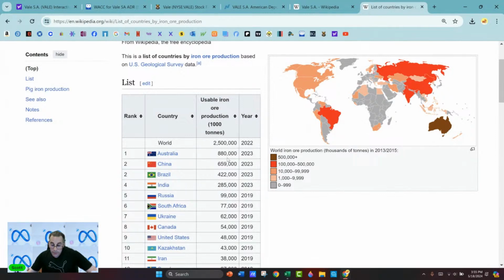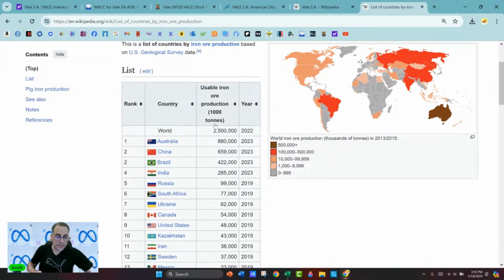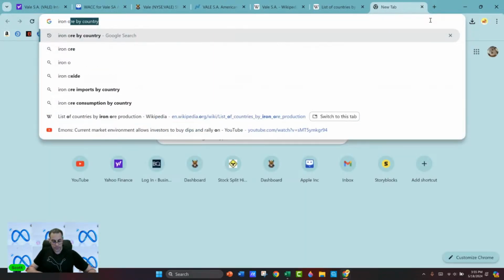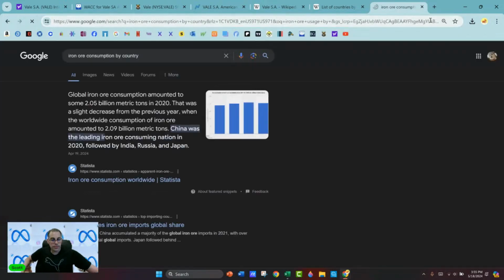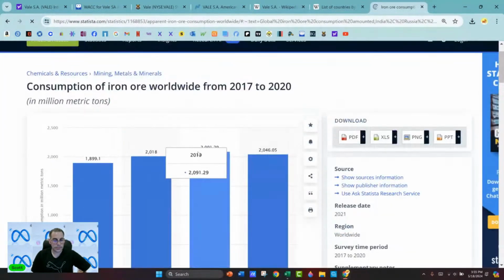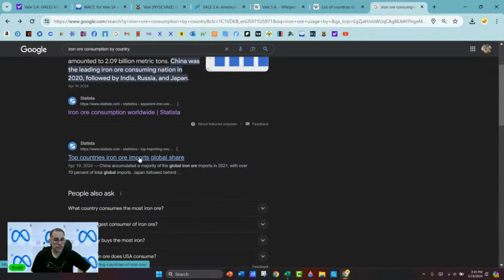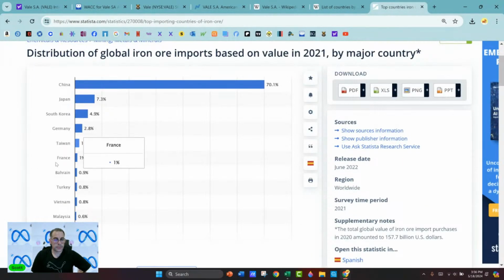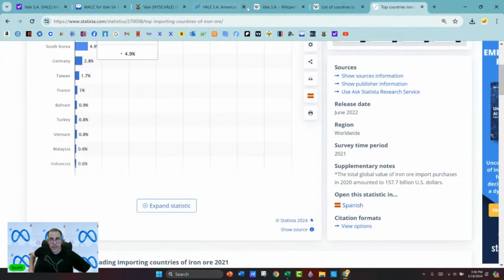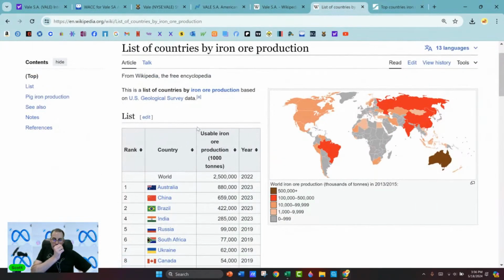Australia uses the most iron ore? Did anybody know that? Platinum Group Metals, PGM. What did I say? This can't be right. Anybody? Now, Australia produces the most iron ore, but it says, wait, production. Okay,